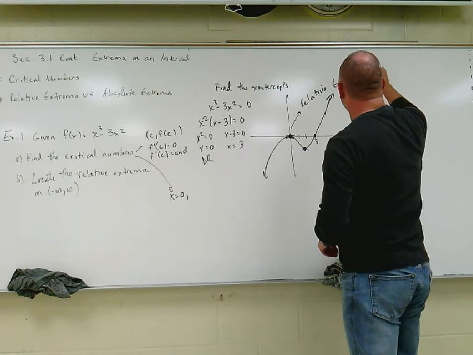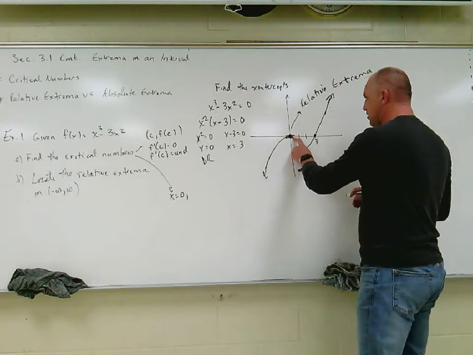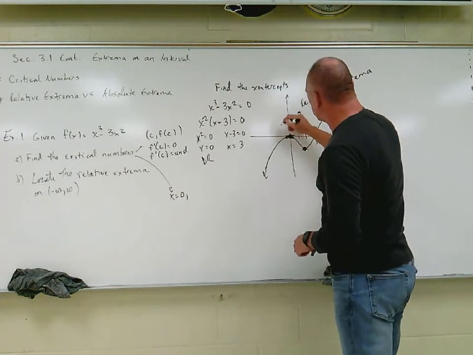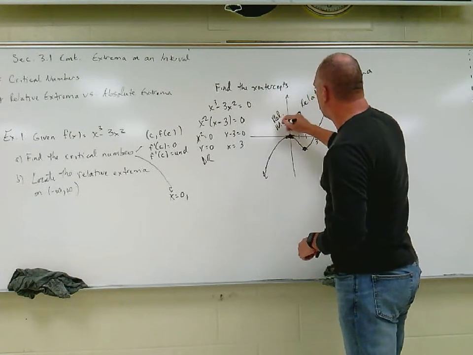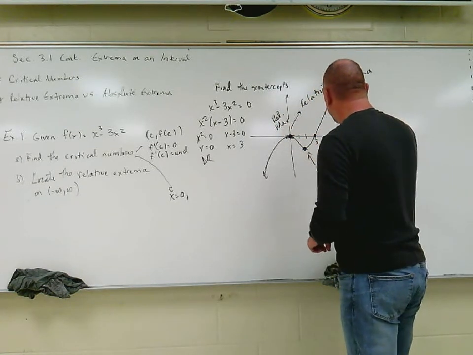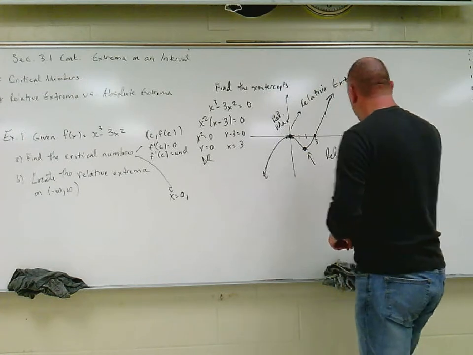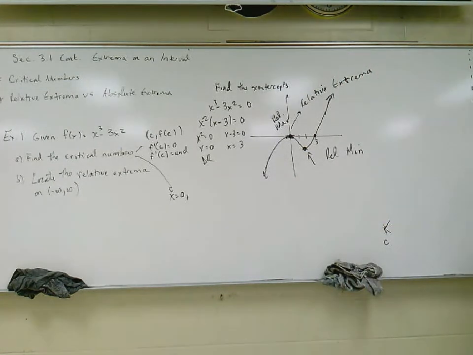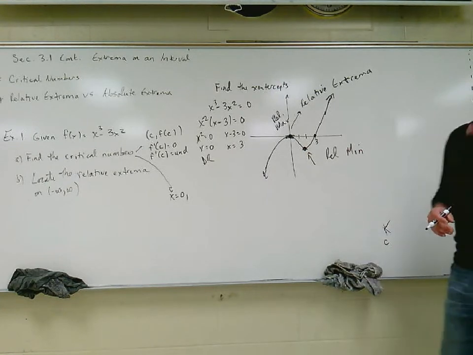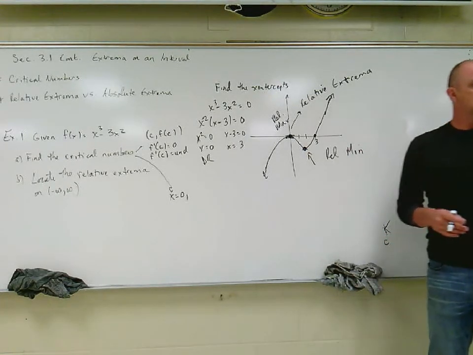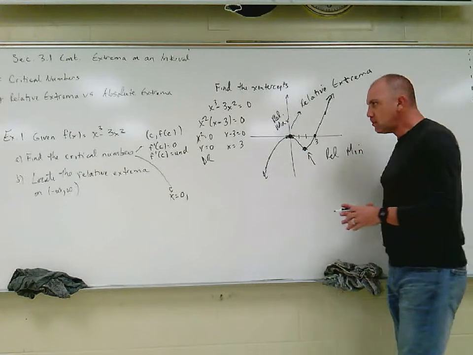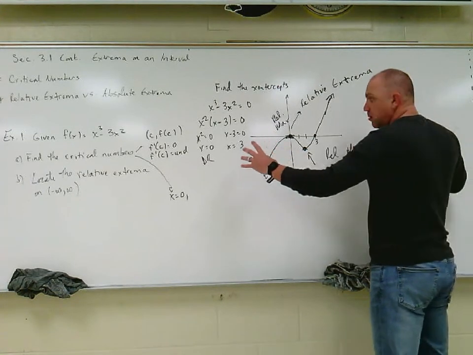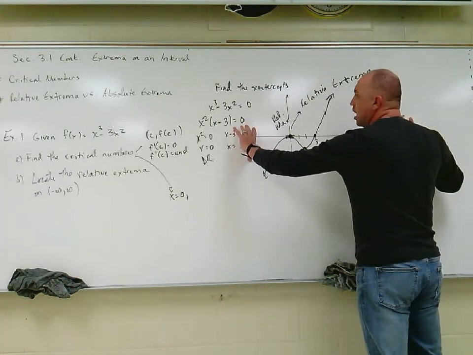So I want to make sure that we're clear why this is a relative max, and why this is a relative min. I want to make sure we tell the difference between absolute and relative. So we're looking more globally. If you look at this entire graph,